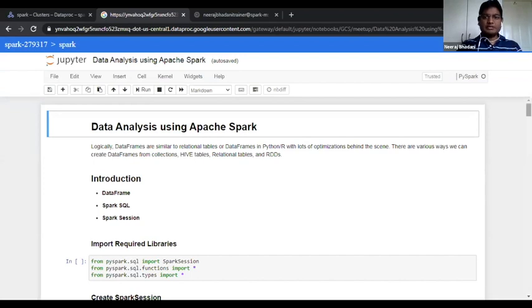Now, in this particular session, just to make things clear, we will discuss what exactly the data frame is, how we can construct the data frame, and what the different operations are that we can perform on the data frames. And as we discussed in the last session, Spark won't store any data. So what are the different storage systems we can use with Spark to store the data or to read the data as well? We will discuss Hive, Parquet, CSV, and quite a few more. And at the end of the session, I will share some more content so that if you're interested, you can dive a little deeper into this.